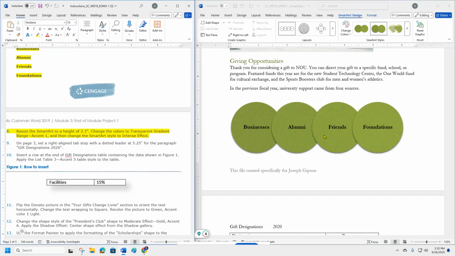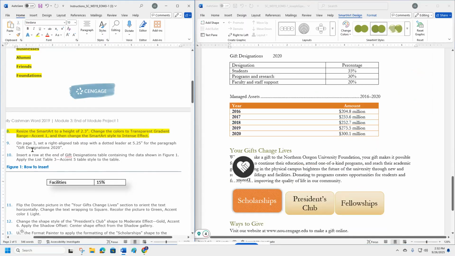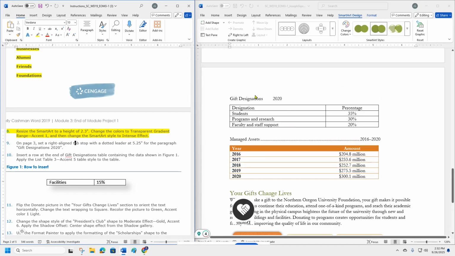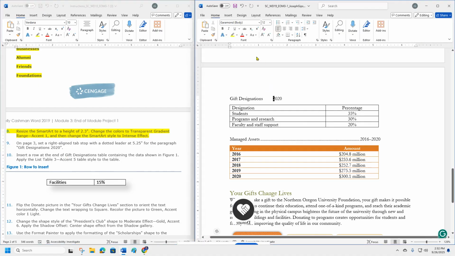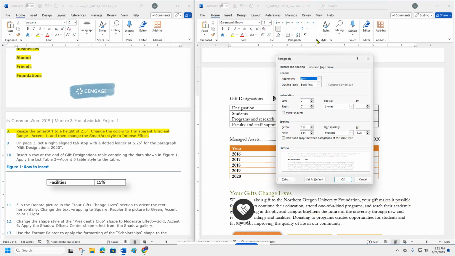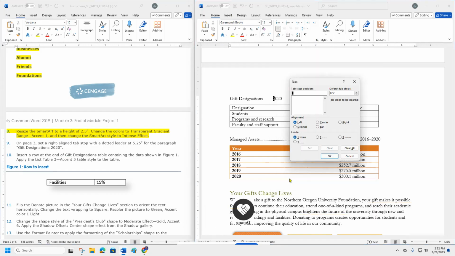Let's go do 9. On page 3, it says here, right align the tab stop dotted line, dotted leader to 5.25. Okay, so it's talking about this one right here. So we're going to click right here. We're going to come up top, right here where it says paragraph. We're going to go down here where it says tab. We're going to make that say